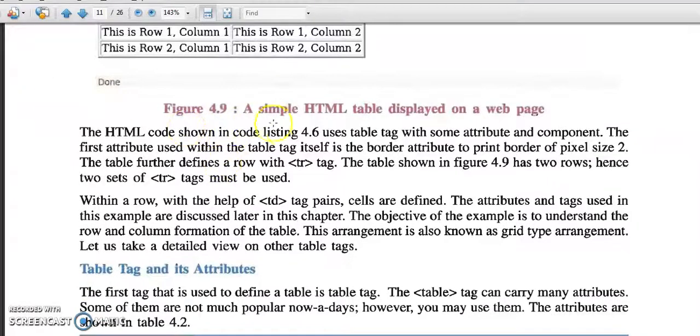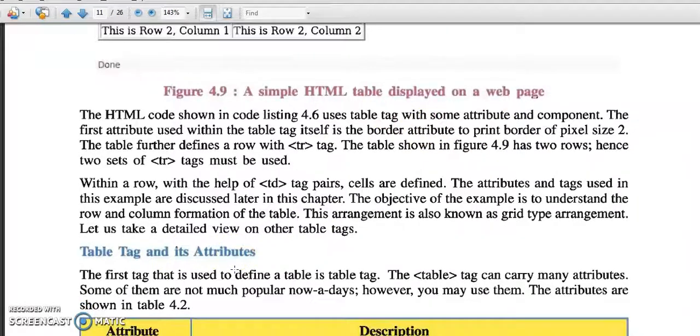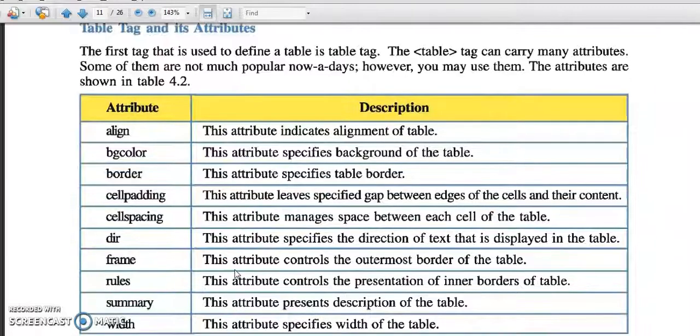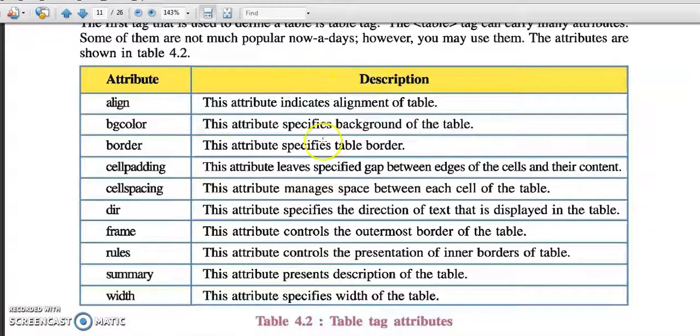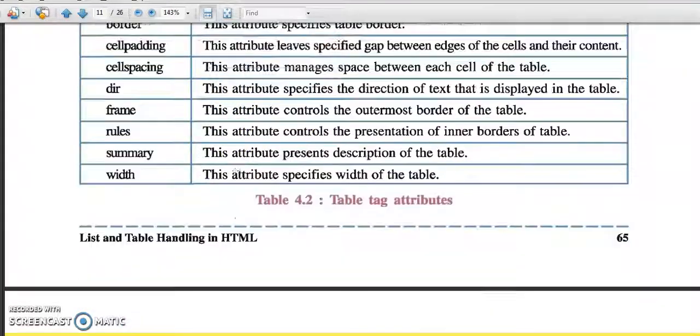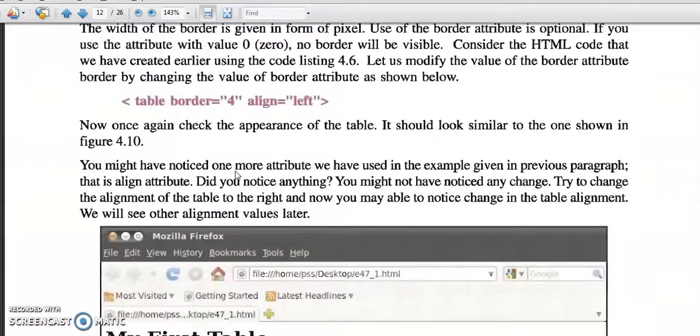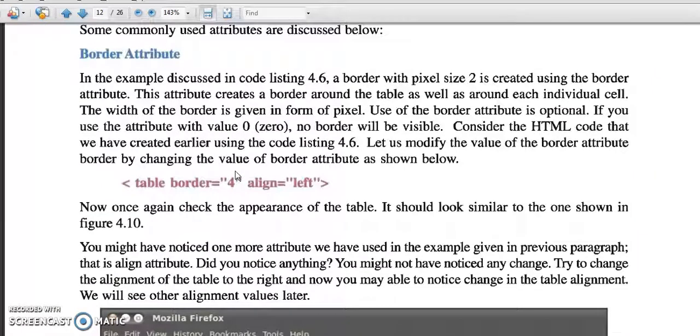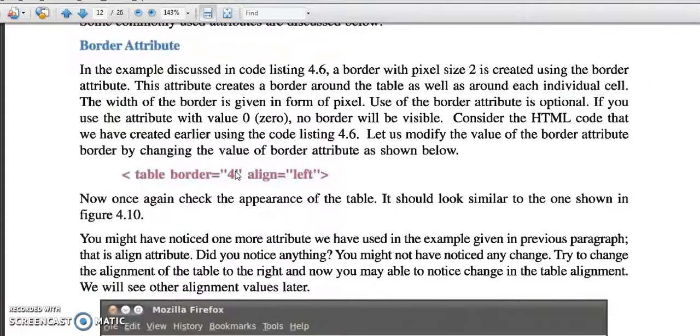The HTML code shown in code listing 4.6 uses the table tag with some attributes and components. Table tag and its attributes: align indicates the alignment of the table; bgcolor, border, cellpadding, cellspacing, dir, frame, rules, summary. Which color you want as background in your table, you will use bgcolor. If you want to give a border color, see, table border equal to 4 and align equal to left.